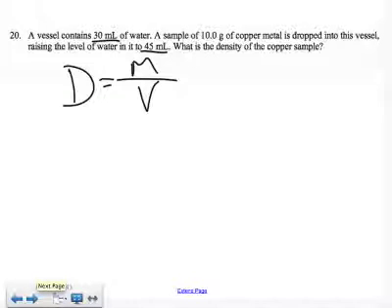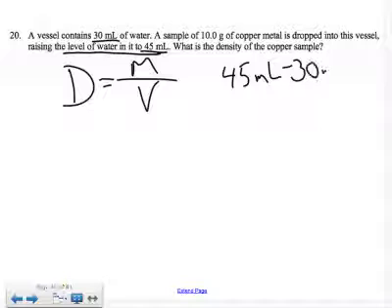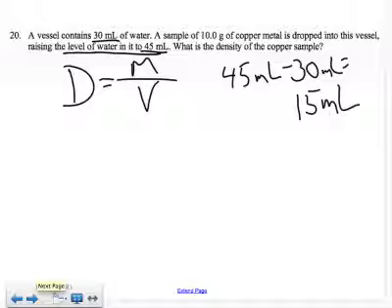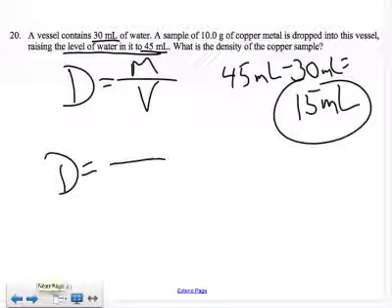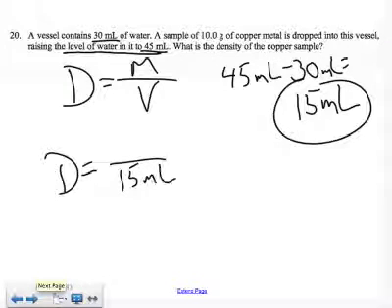Well, the answer is neither, because what the question says is the vessel starts out with 30 milliliters of water in it. That's just the water. This is just what we did in the density lab. So if you have 30 milliliters of water and you add something to it and the water goes up to 45, that means your final volume is 45, your initial volume was 30, so the volume of the thing you entered into it is the difference between those 2 numbers, which is 15. So that's the volume. That's the number I'm going to plug in on the bottom. So I've got 15 milliliters, and up here, grams is mass, so that's 10 grams. That's the mass. So I divide that out,